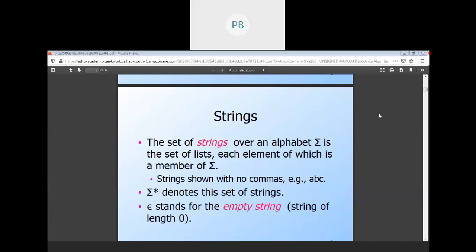But in computer science, the same thing is considered a string. Okay, first we learn about the alphabet, then we go to the string. Is it clear? Is it clear to everyone? Reply.